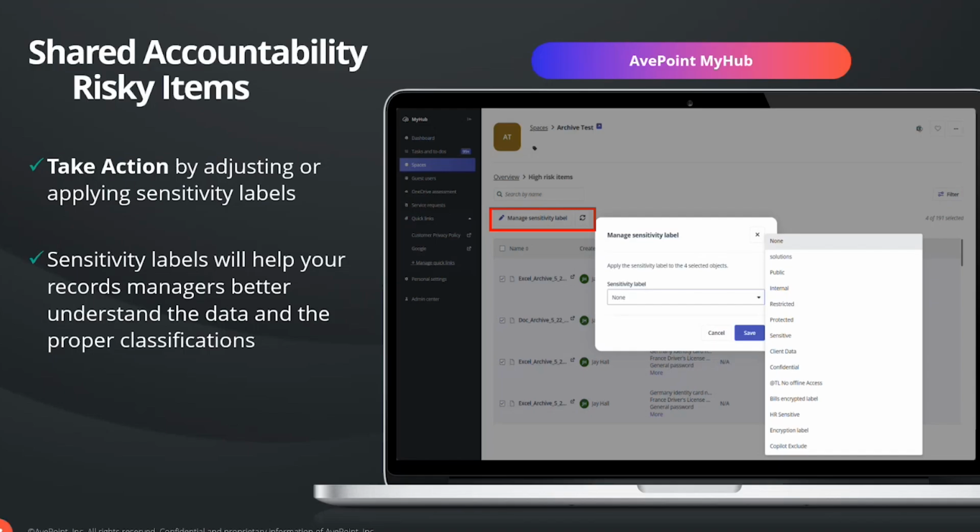Not only can you see things, you can also take action, right? One of the things our customers tell us all the time is, don't show me a list of problems. I've got enough problems, right? Can I do something about these problems? Can I fix it? You can fix it right here. You can go in and adjust those labels from within the tool. So I don't have to find it here, then open it in Word and change a tag, right? Microsoft is helping you out, putting it right in the workspace.